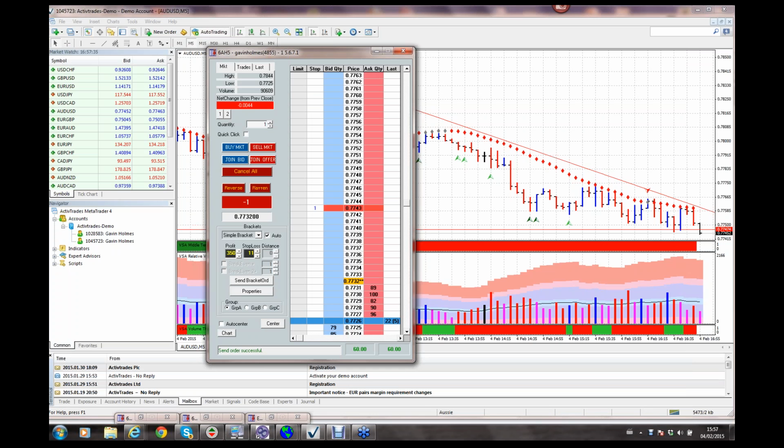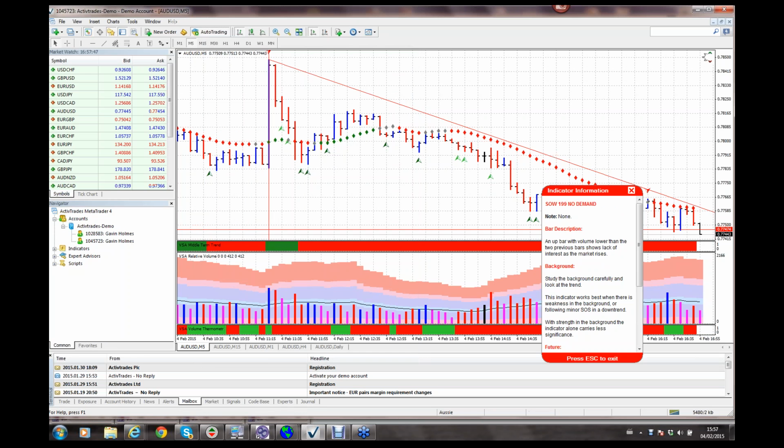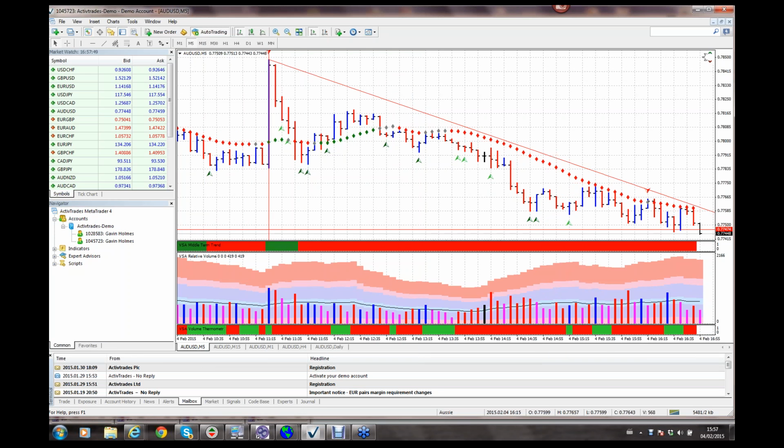Now, I've still got a stop in here, so I've got risk on this trade. But because I've already got $60 in the bag, I'm going to let this run a little bit, because I'm now only exposed to $30 in the market if it goes against me. So now we've got the no demand bar. Here's the initial up move, but now everything's turning red. If everything stays red, I'm staying short with this trade, because I've already made money in the euro,